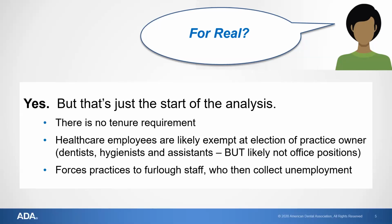So in other words, it's not any or every employee of the dental practice that may be subject to this healthcare exemption, but only those healthcare employees who actually provide healthcare services in some fashion. And now everybody's putting their hands up in the air and saying, oh my God, now what do I do? I don't want to have to pay people if I don't have to, but I also don't want to alienate them by saying, no, sorry, I'm not going to give you leave or paid leave. So the common thinking on this, at least for the time being, is that